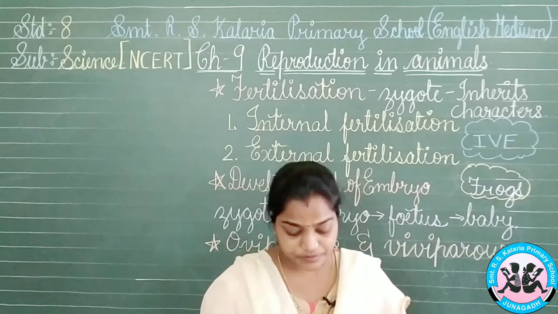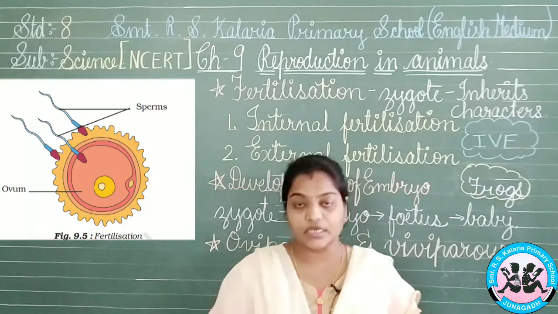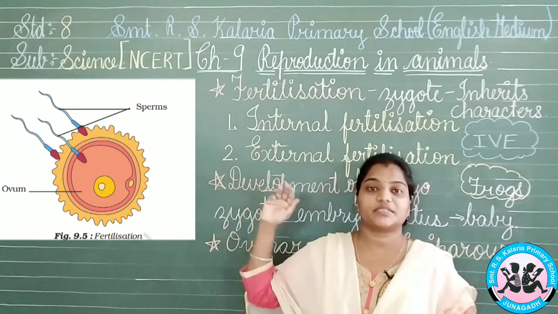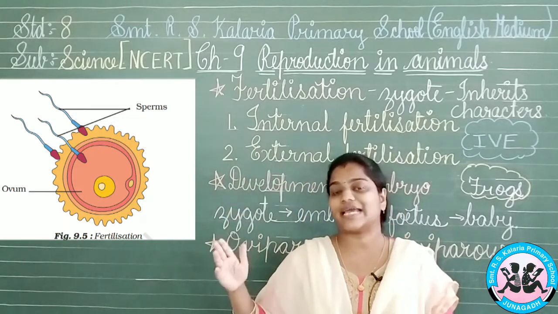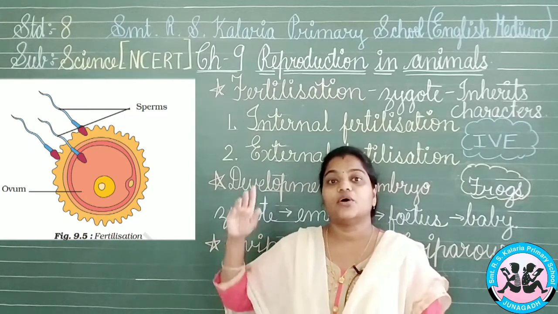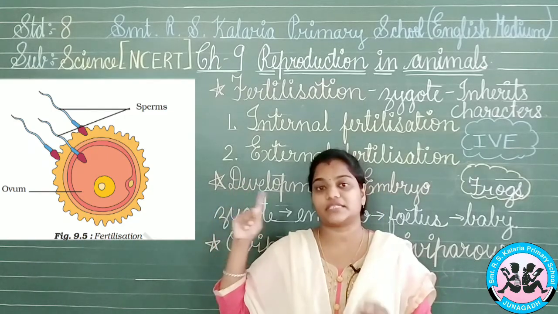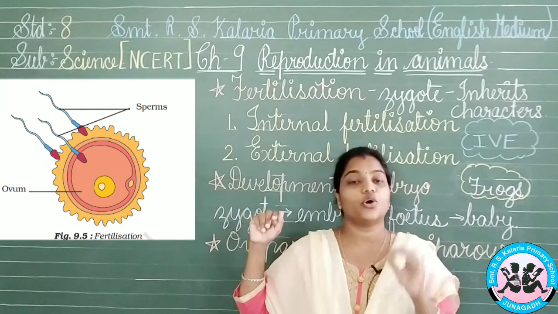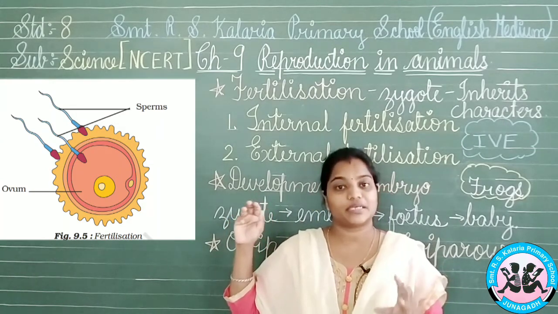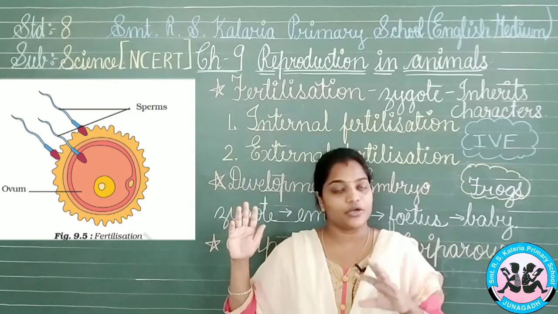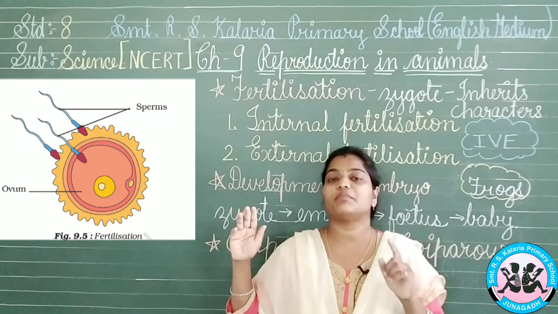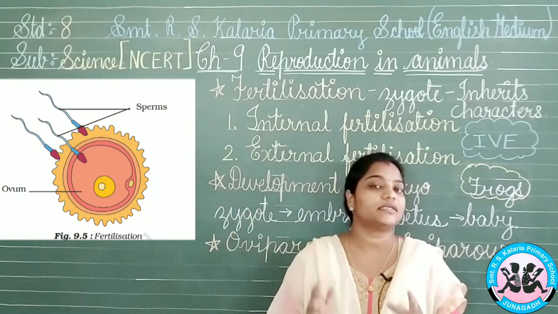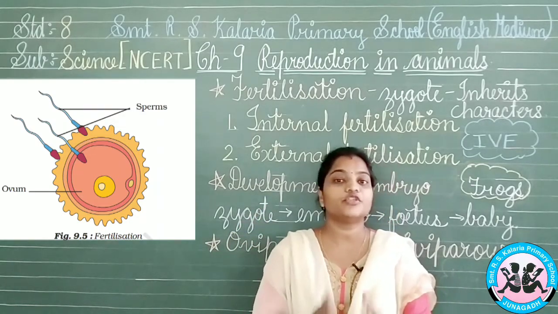Okay. Now, here we can say that the sperms which are released, as you can see in the picture, are so many, millions of sperms released at one single time, but only one single egg is present, that is the ovum. A single ovum is present in the ovaries or the oviduct. Now, what will happen? Will all the sperms fuse with the egg? No. Only one sperm will attach to the egg and be allowed to enter the egg, and thus there will be fusion.